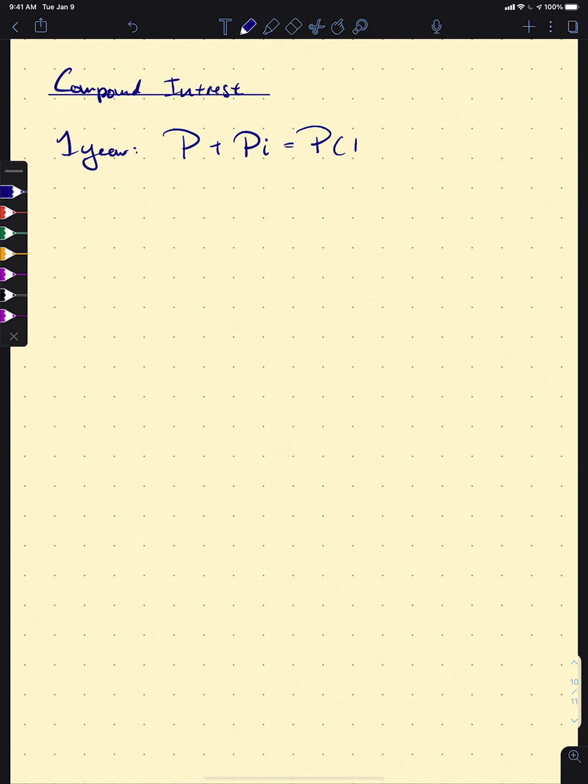And if we factor out this p, we get p times 1 plus I. Okay. But here's my question for you: what happens if instead of pocketing this, you reinvest the whole thing? Well, after 2 years, you have the amount you invested plus the amount you invested times your interest. And if we factor out this p, we're going to get p times 1 plus I